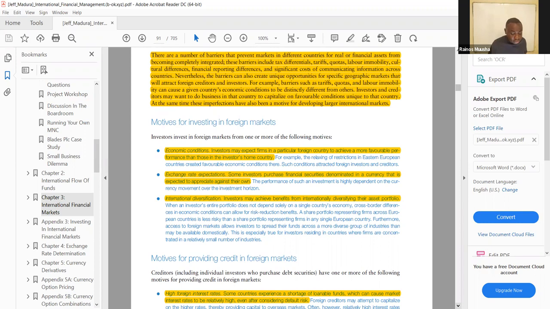The second one is exchange rate expectations. Here they say some investors purchase financial securities denominated in a currency that is expected to appreciate against their own. Because if they're able to do that, it basically means that before they even get a return from their investment, they're able to get a better return through appreciation of that country's currency. A typical example of this is